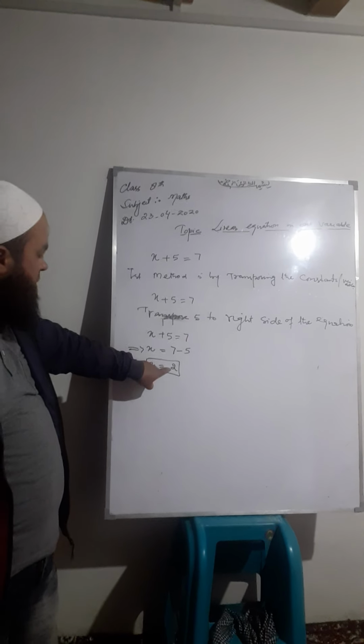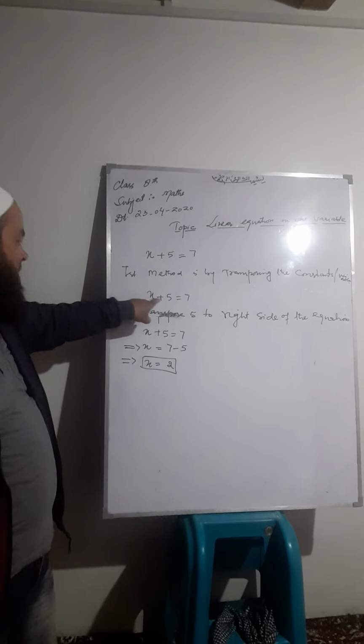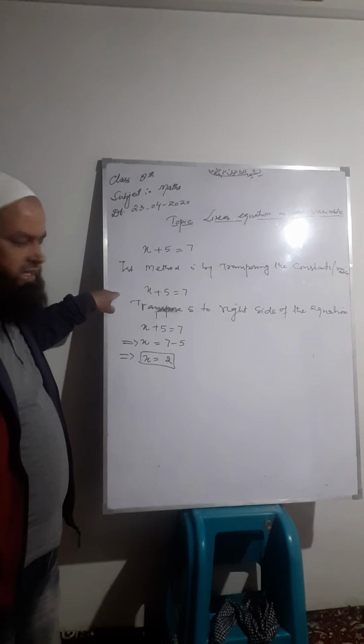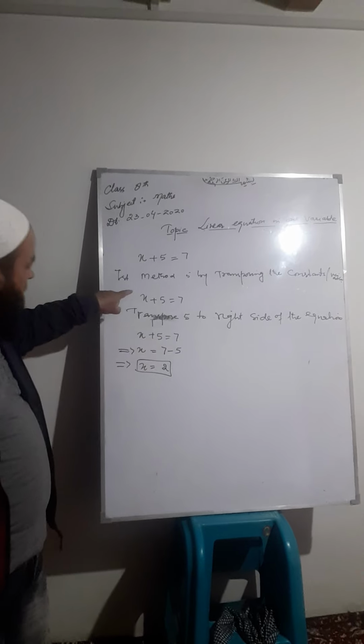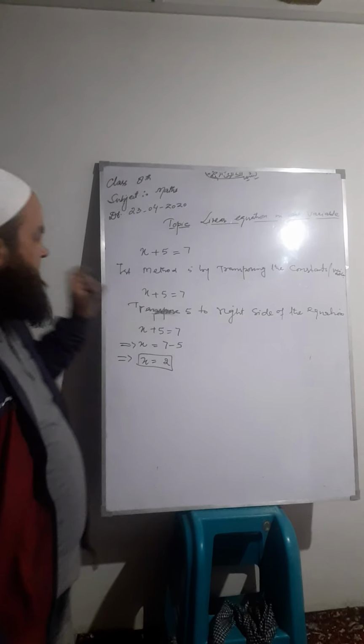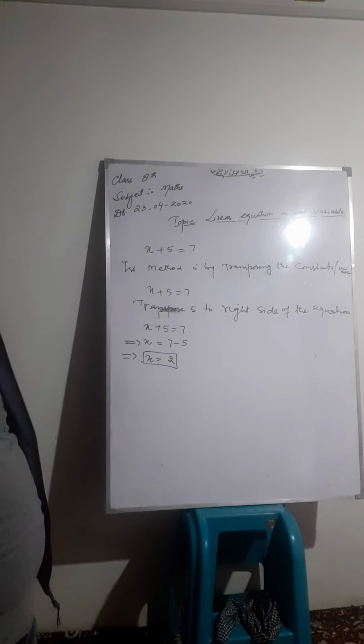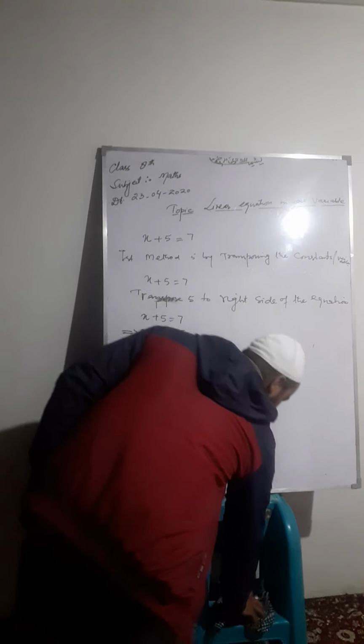If we substitute this value in this equation, we get 7. Left side 7, right side 7. So we call x is equal to 2 the solution of this equation. This is the first method, or transposing method. Another method